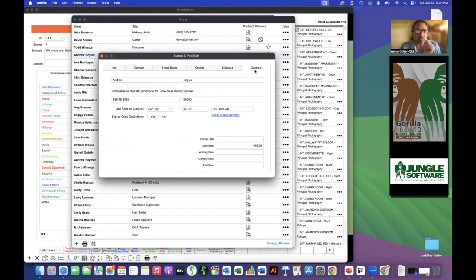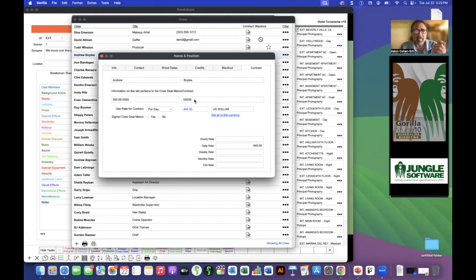If I click on it, yeah, I have info filled out here. So all this information here is brand new, pertaining to the crew deal memo. So right here, you could put in your social security number. This is again for a contract, so it's warranted to put in the social security number for the contract of the person, a tax ID number